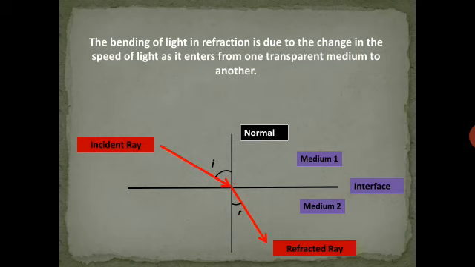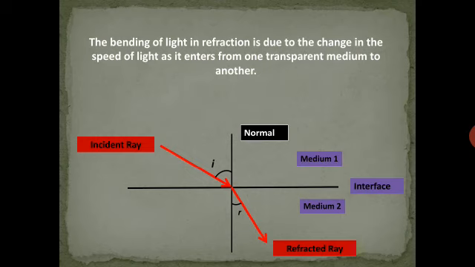is the interface. Now, the incident ray falls on the water surface, making an angle i, that is the angle of incidence. When this ray is going from air into the water medium, it has to deviate from its path. This is what we call the phenomenon of refraction of light. So you see in the diagram, the refracted ray is shown deviated when it enters the water medium.